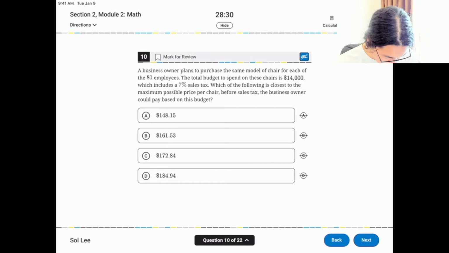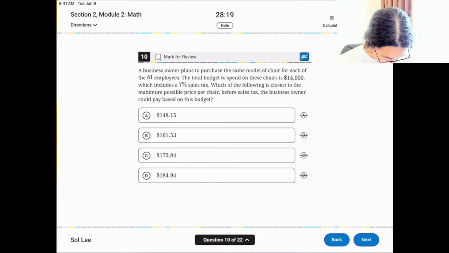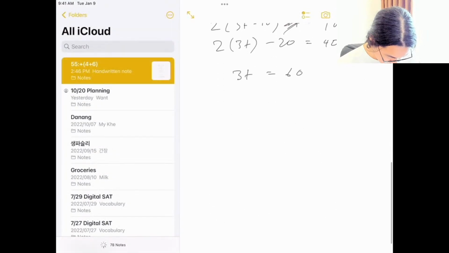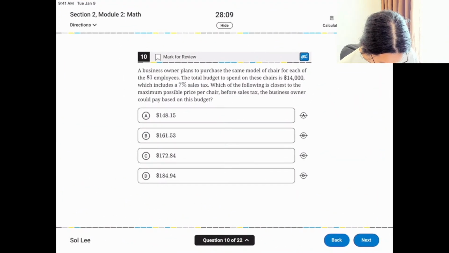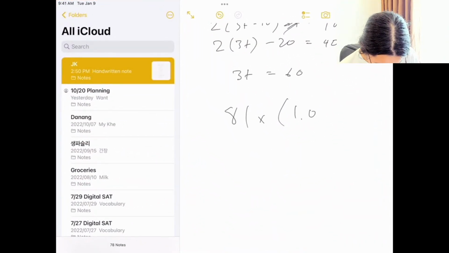So 81x times 1.0, wait, what's the sales tax? 7? 1.07